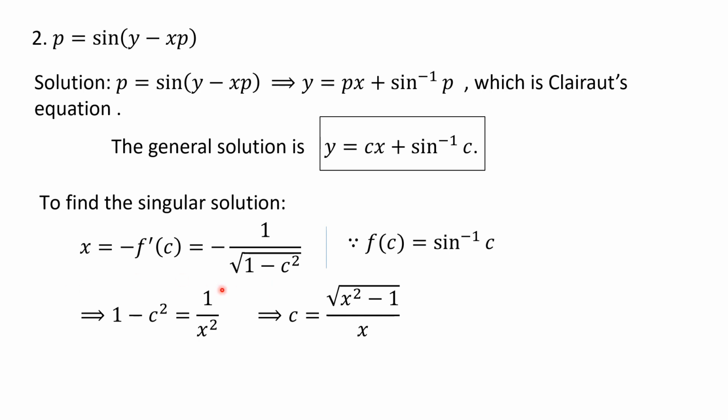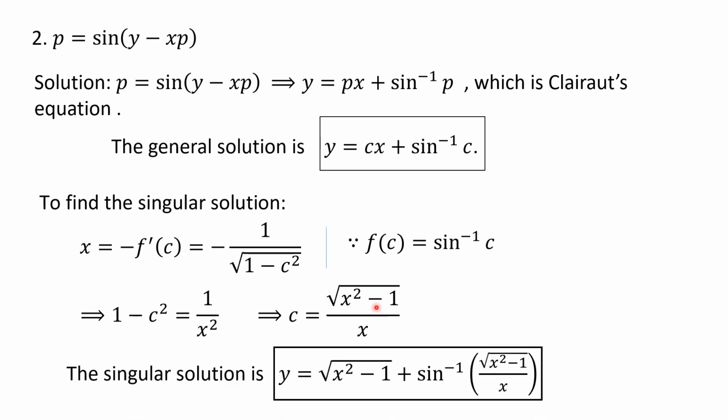So to eliminate square root, use square on both sides. So squaring root 1 minus c square gives 1 minus c square, minus 1 by x, what we have earlier. While squaring, minus the square is plus, so 1 by x square. So rearrange. So you can write 1 minus 1 by x square is equal to c square, or c is equal to square root of x square minus 1 by x square. Square root of x square is x, so c is equal to root x square minus 1 by x, correct? So we can substitute here directly, it gives a singular solution.